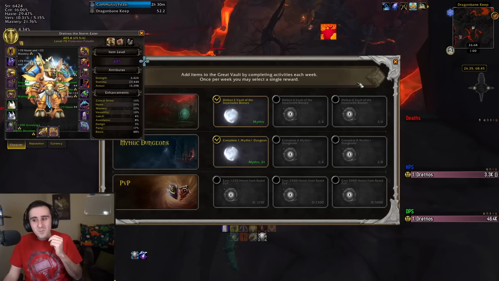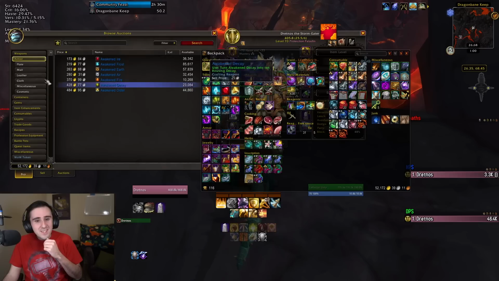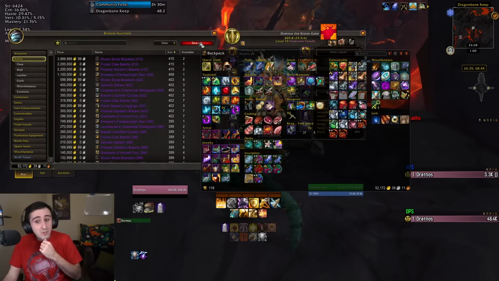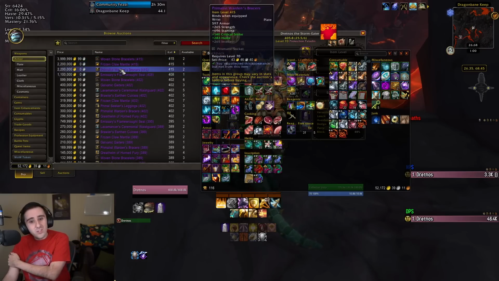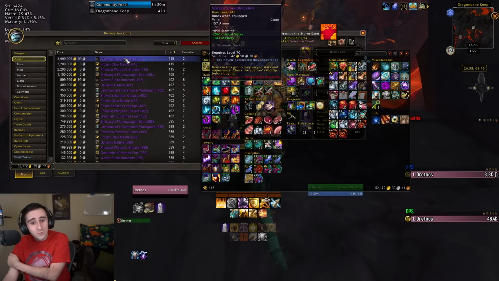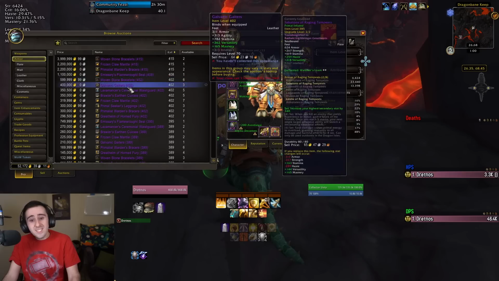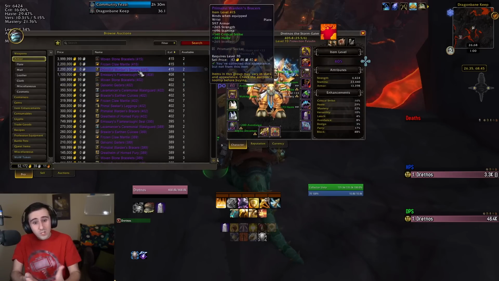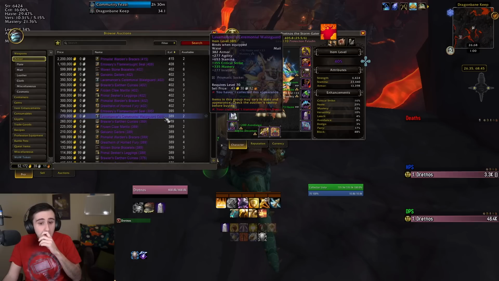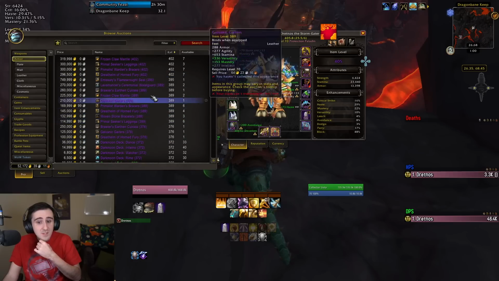Speaking of things that are probably irrelevant to most people, there are BOEs on the auction house that are better than the 343 stuff. There's even mythic BOEs now that you can get. You can get your hands on 415 pieces from the auction house. Obviously, the price tag on some of these things is pretty high, but depending on what sort of player you are, you might be able to take a look at some of these pieces and be like, you know what,